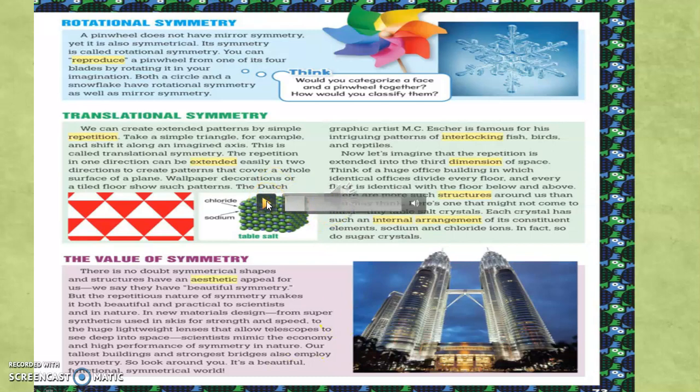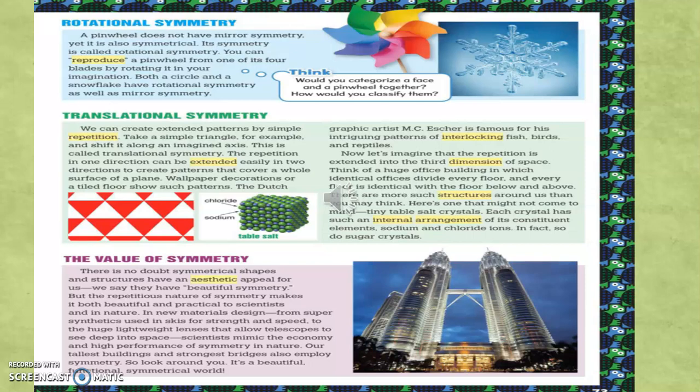So beta, what is a rotational symmetry? Yes, when you rotate something, when you move something and then divide it into some parts, it will have the same equal parts. So it is called rotational symmetry, like a pinwheel and your snowflakes as well. Both of them are examples of rotational as well as reflectional symmetry.